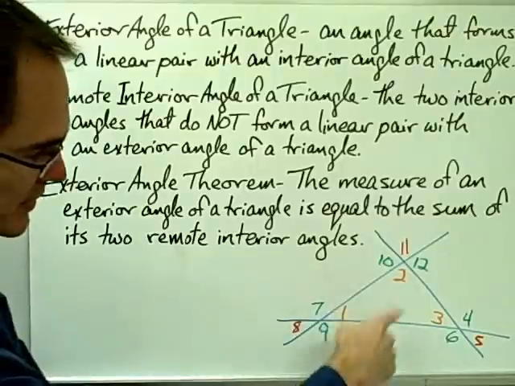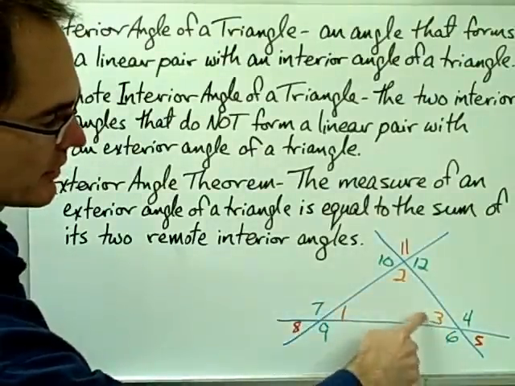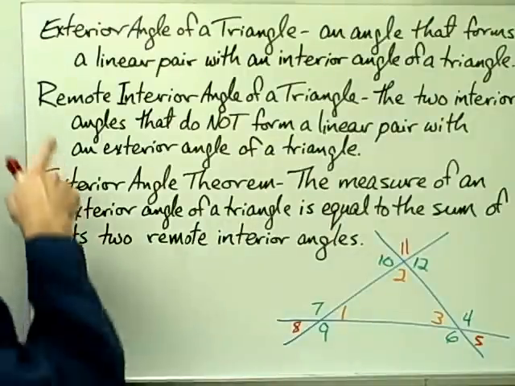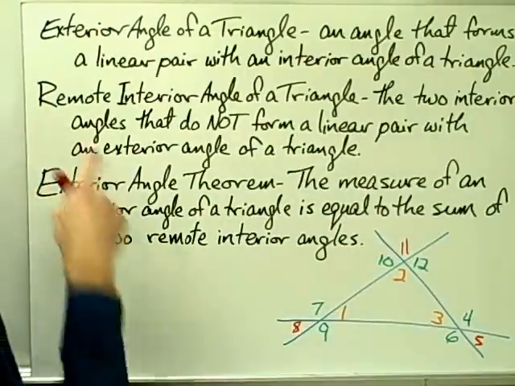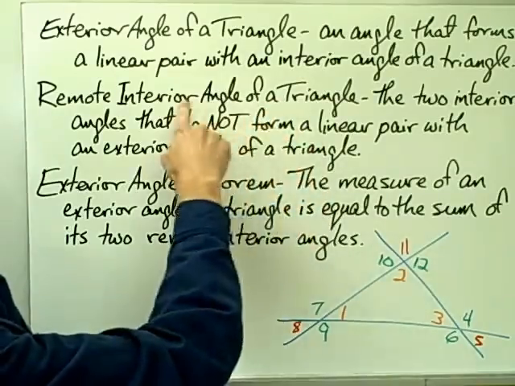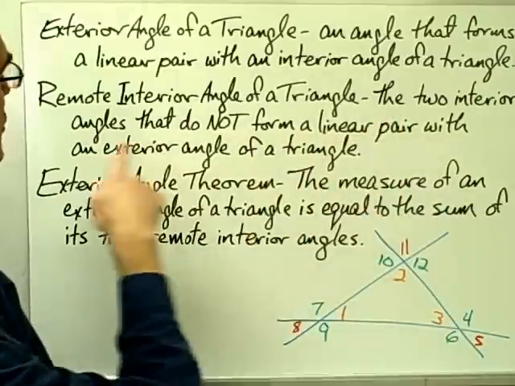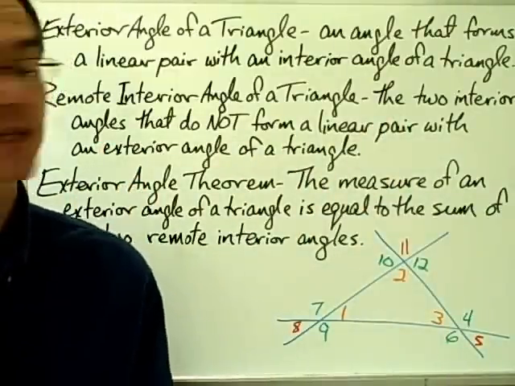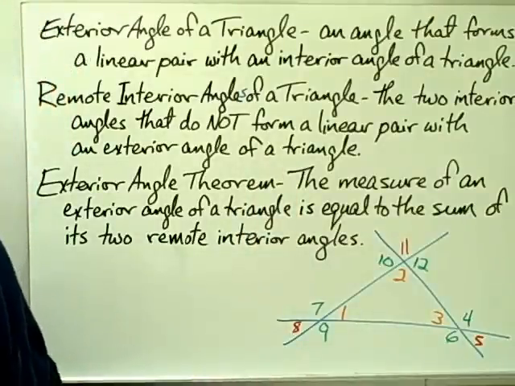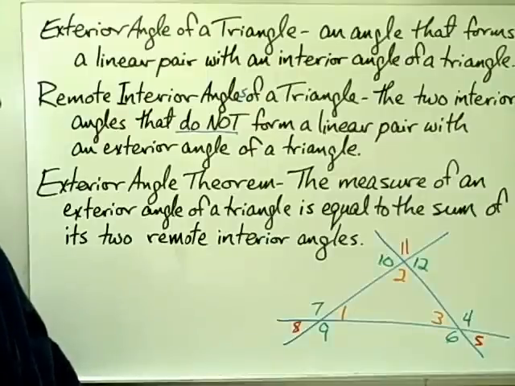angle of a triangle. And here we see the same picture that we had on the previous screen. So the exterior angles all form a linear pair with an interior angle of a triangle. Now we also have something called the remote interior angles of a triangle. A remote interior angle of a triangle, there are actually two of them for each exterior angle. The remote interior angles of a triangle are the two interior angles that do not form a linear pair with an exterior angle of